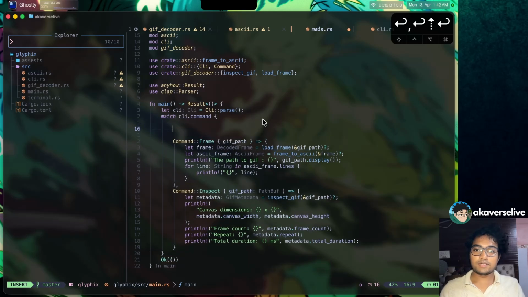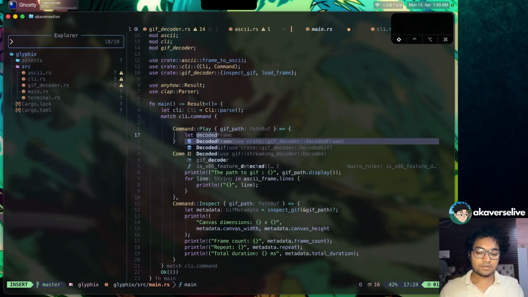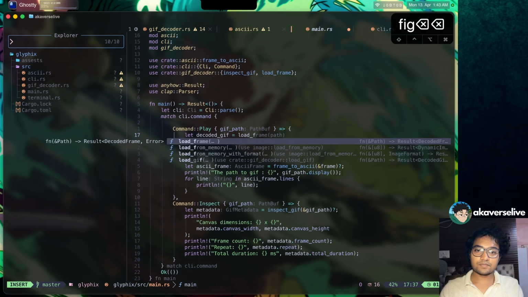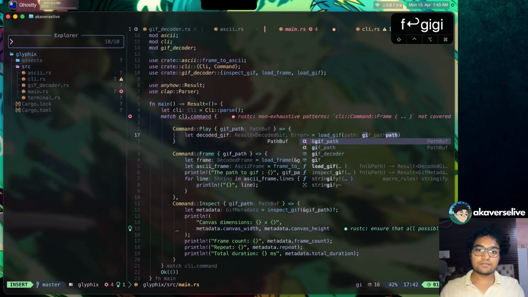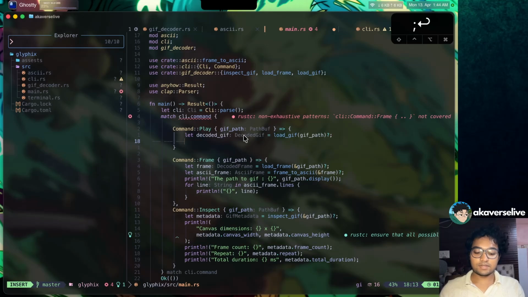So here we saved one more command, and in the main function we do the same thing. Right, let's now create the play command, play GIF path, and if we found that, then let decoded GIF equal to load GIF, GIF path, unwrap it, and what else? Let ASCII frames equal to